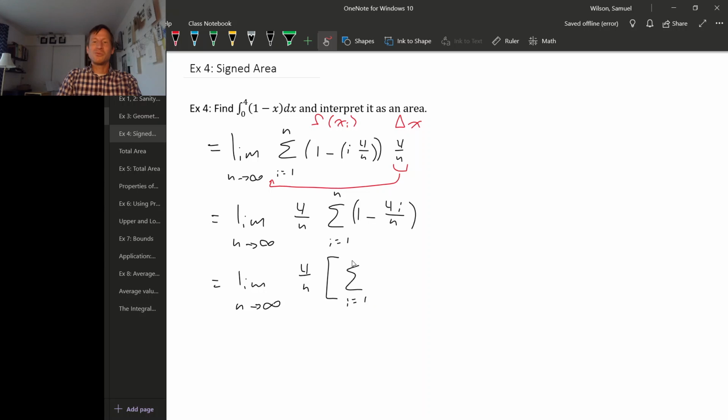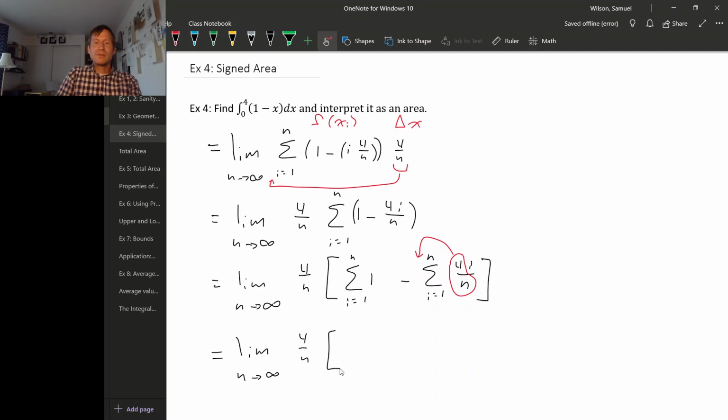So we get the sum from i equals 1 to n of 1 minus the sum from i equals 1 to n of 4i over n. All right, now on this, I'm missing a closing bracket here. There we go. Now on this second sum, this factor of 4 over n, that doesn't depend on i, so this 4 over n is a common factor in this sum, so we can factor it out by moving it outside of the sigma. And now everything that's left over in a sigma is something that we have a formula for. So this is the limit as n goes to infinity of 4 over n times the sum from 1 to n of 1. Well, that's just adding 1 to itself n times, and that gives you n, minus 4